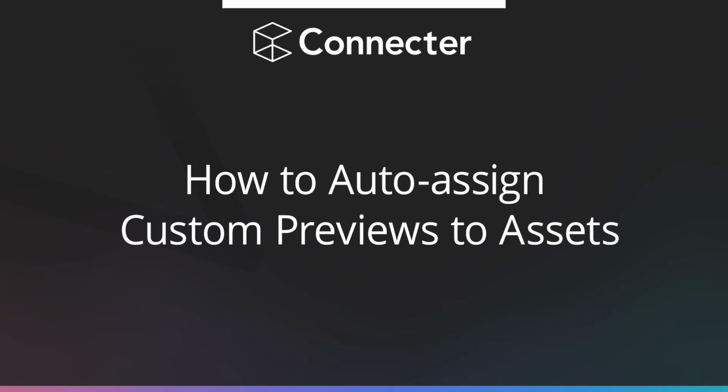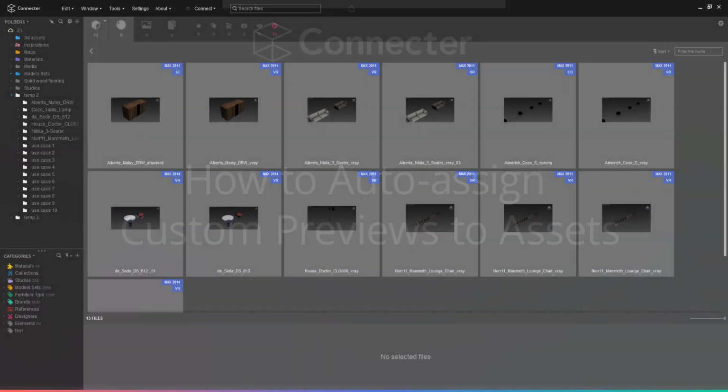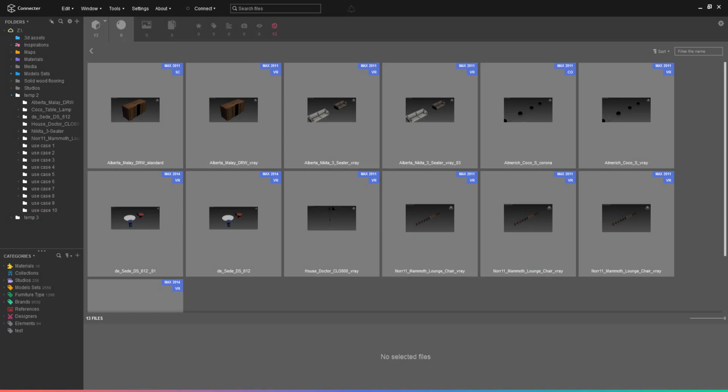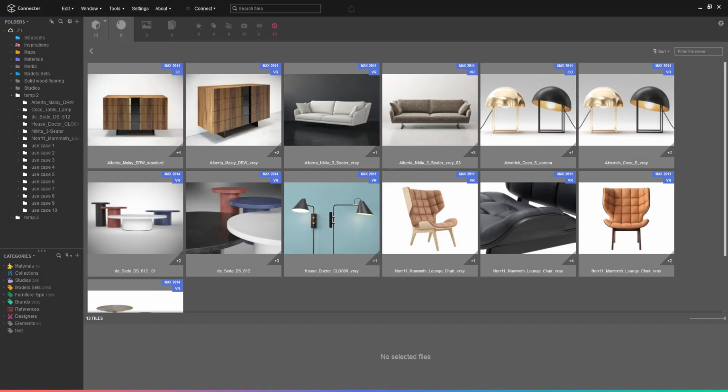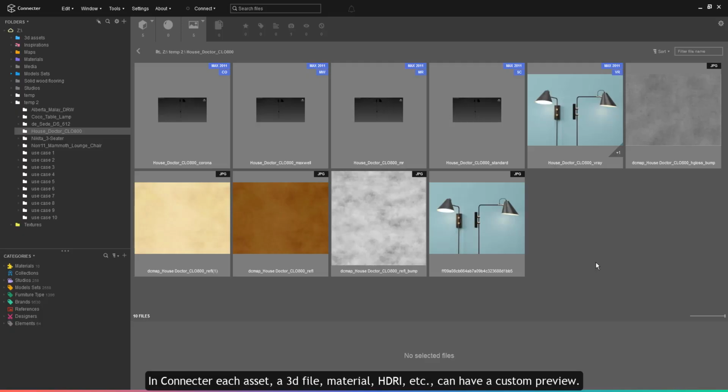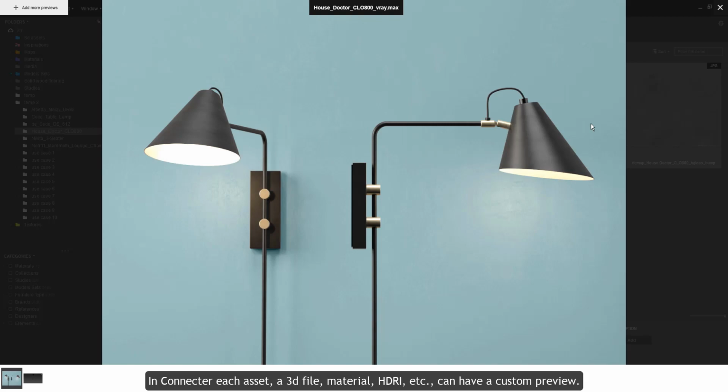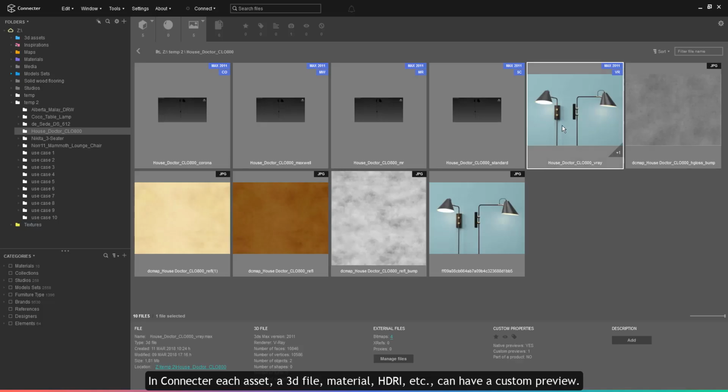In this video, we will show you how to automate the process of assigning custom previews to your 3D or material assets with the help of the Autoassign Previews tool. You can use the links we provided in the video's description to quickly jump to the topic you're most interested in. In Connector, each asset, a 3D file, material, HDRI, etc., can have a custom preview,